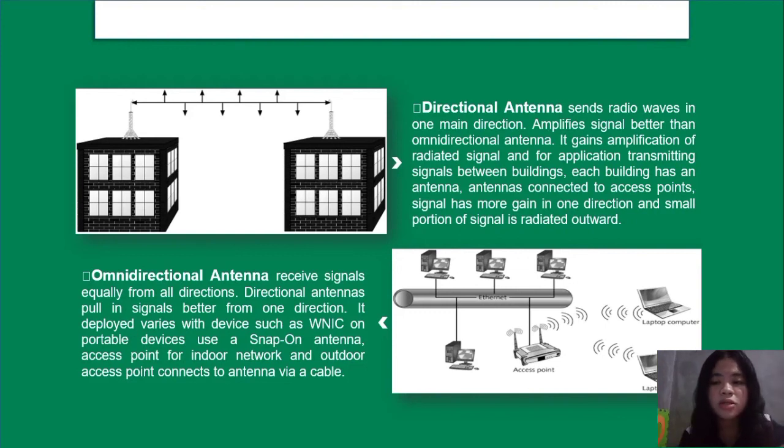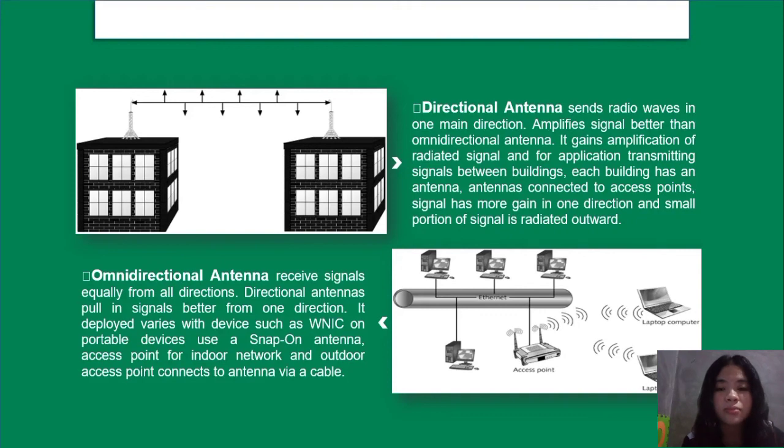Ang omnidirectional antenna naman ay tumatanggap ng mga signal mula sa lahat ng direksyon. Sa pantay na dami din ito. It deployed varies with devices such as WNIC or Wi-Fi network controller. Mga portable na device ay gumagamit ng snap-on antenna, access point para sa interior network, at gumagamit ng cable para